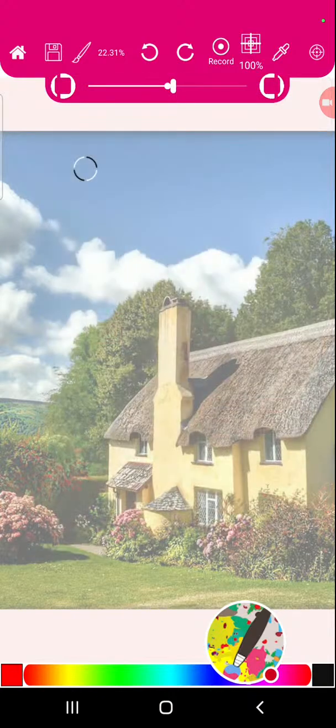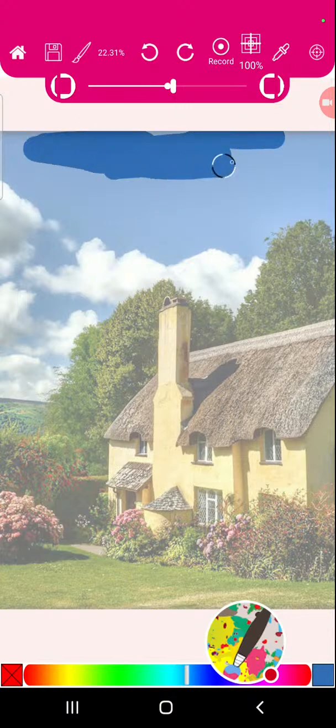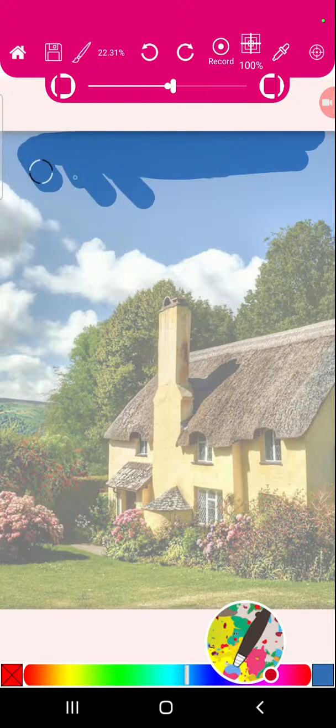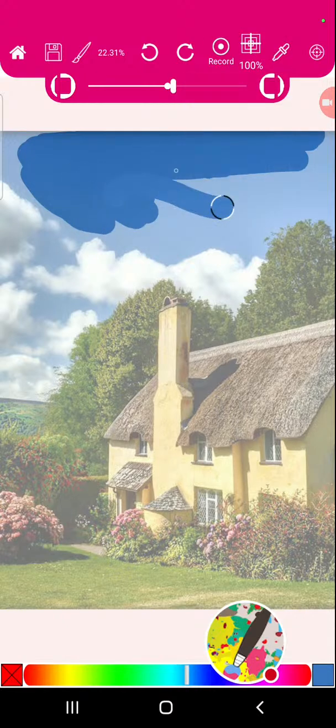Take it up to 20%, and then I always have a rule of thumb, and then use the color picker to just color the scene like this, okay? So you're gonna use the color picker and color the scene. It's a big brush, and